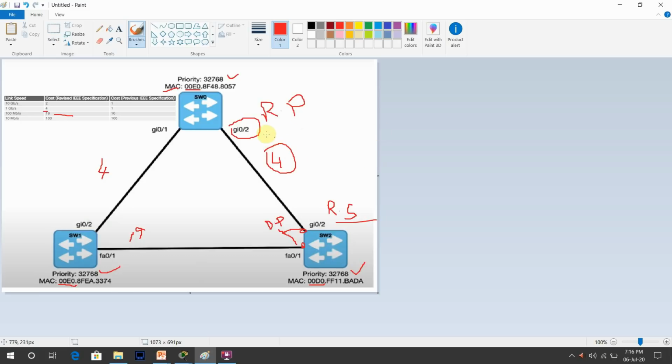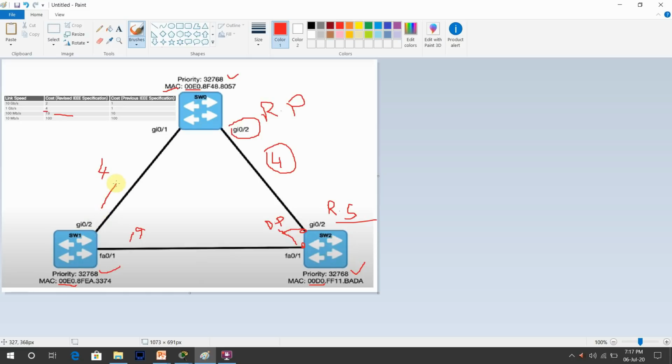Now the second thing: we need to check gigabit 0/2 and Fa0/1. If we send a packet from switch 1 through switch 0 to the root switch, which one will be the root port? The lowest path cost to reach the root bridge we call the root port. So which path or link has the lowest cost?